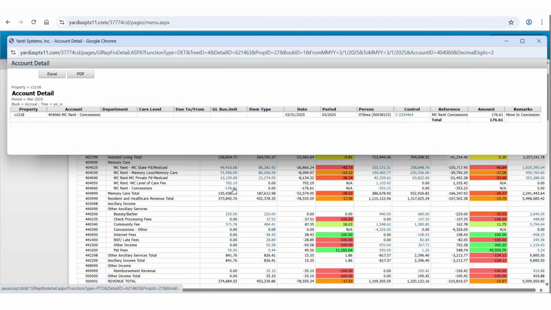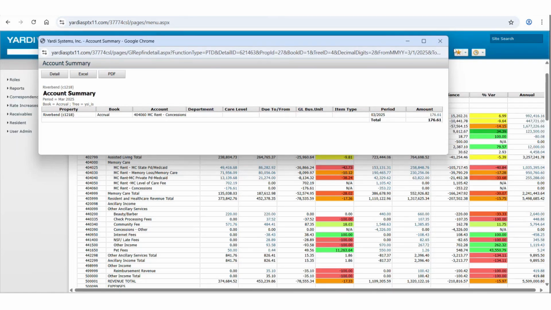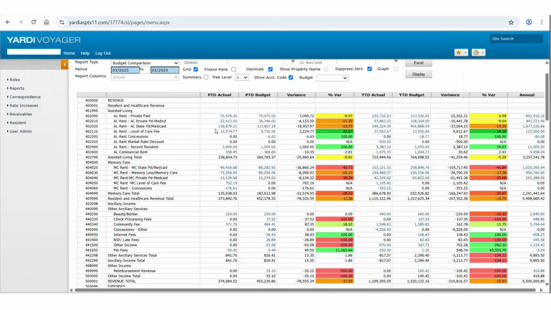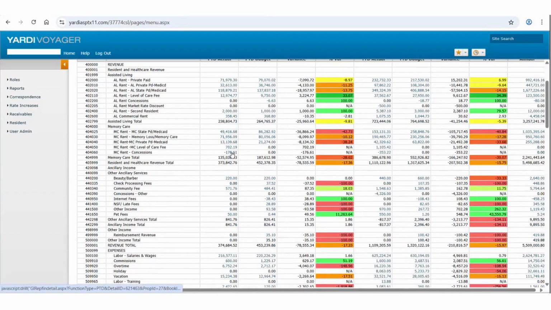had a large number of concessions that month and I need to really drill into that, you can drill down here, even on the revenue side, and see which person this concession was for and what period it was in. You can also do that if you're trying to see, okay, what makes up this level of care? I thought we were going to have closer to 15,000, or we have more than I expected here. So you can drill down on your level of care and all of these revenue charge codes, just like you